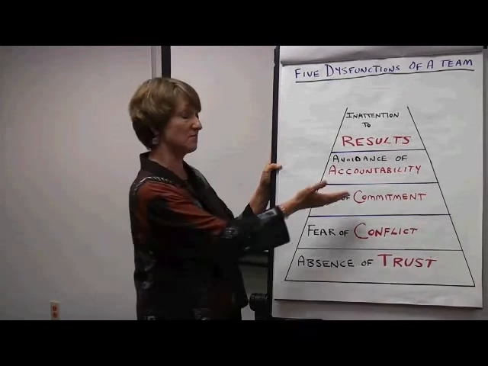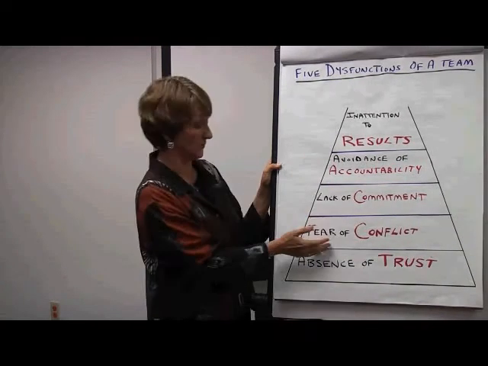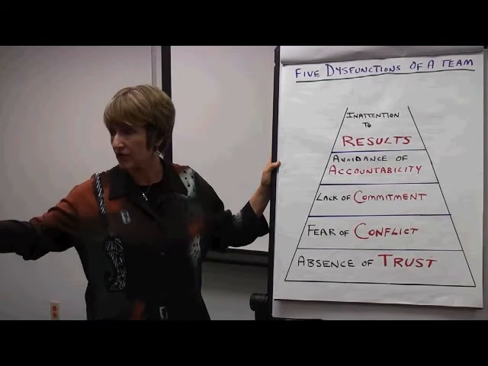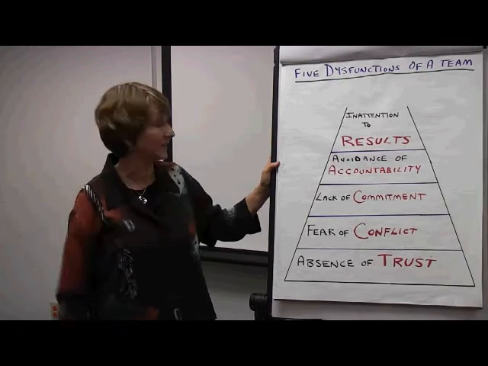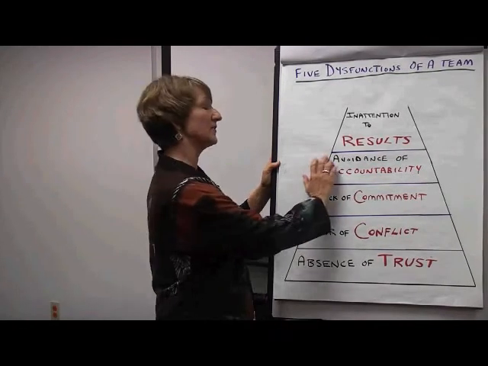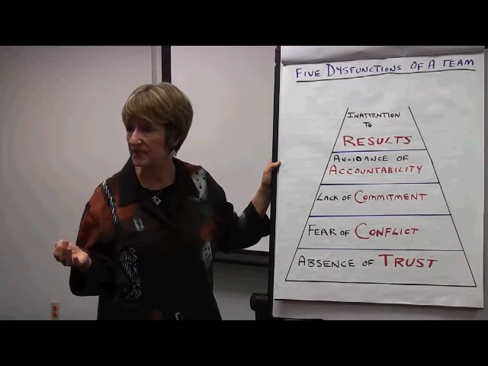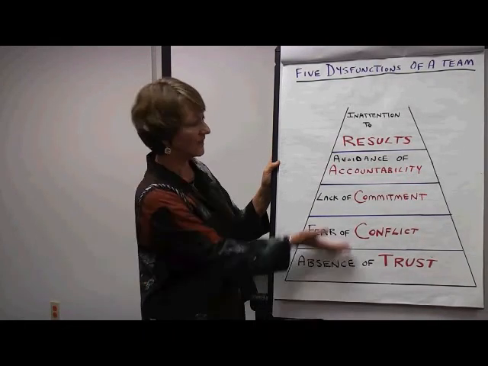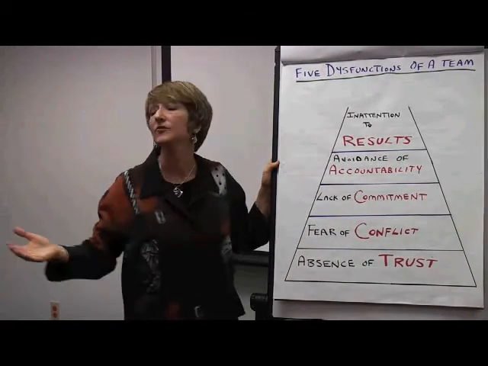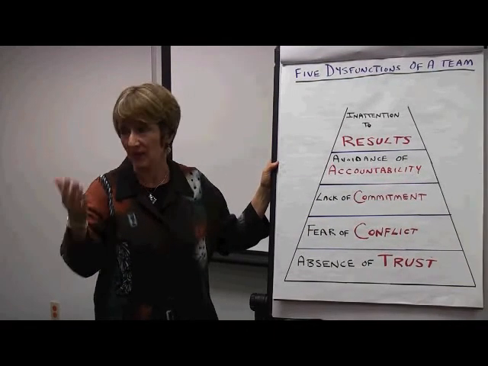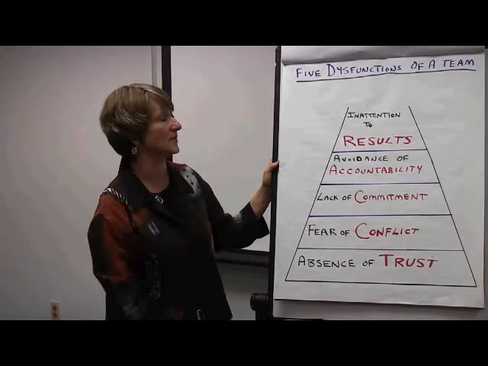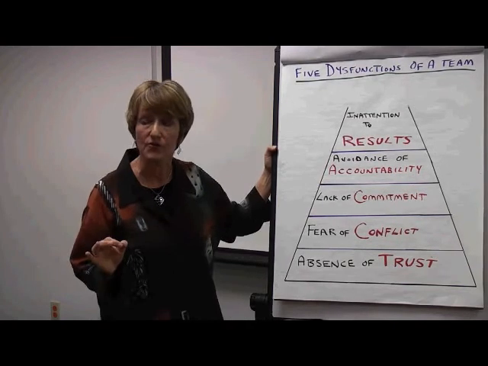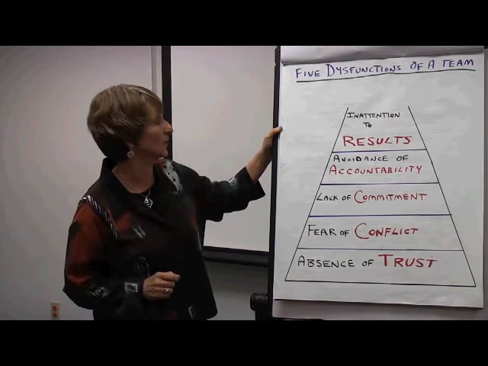And so if you don't trust each other, you're not willing to rigorously engage in debate, you're not committed on a clear project plan, are you likely to call each other out? Exactly, not. And so this accountability could be around certain behaviors in the team, certain actions relative to the project, and so forth. Well, as these cascade upward, you can see what do you expect is going to be the results of that particular project or that particular activity. Probably not going to lead to the most optimum results. You might produce results, but is it the best that the team could produce?